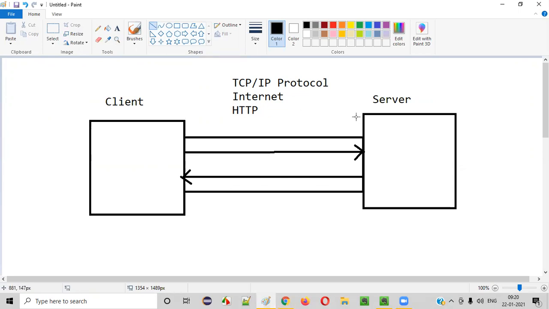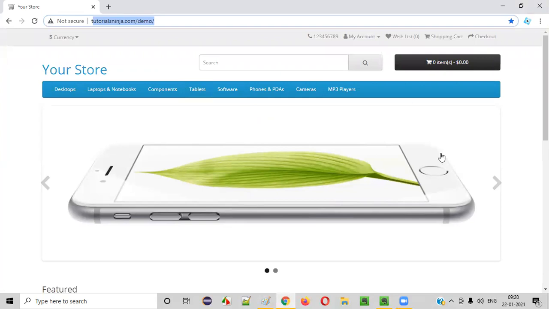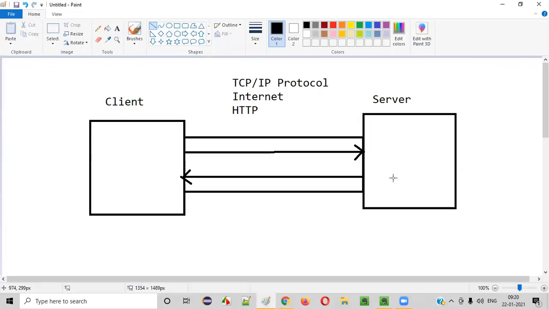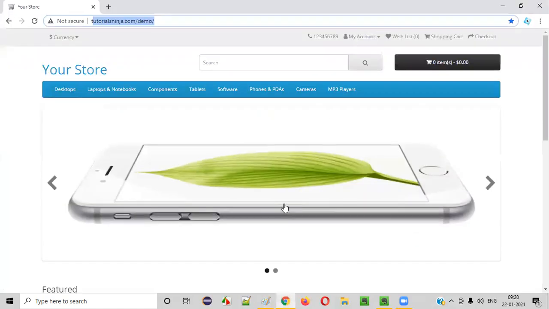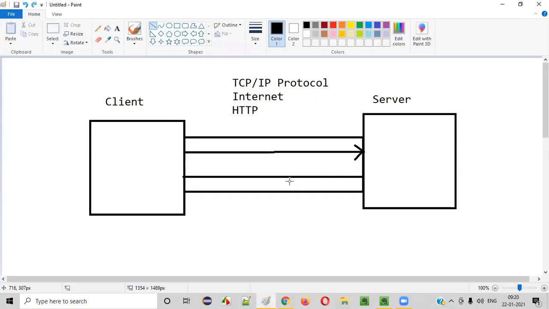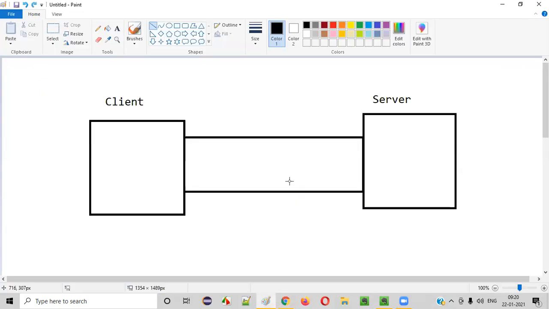Now once this particular connection is established and you are able to see this page, once this particular page is displayed, this connection will be deleted. Once the requests and responses are done between the client and server, this connection will be deleted, guys. Now the server doesn't remember this connection. Once the handshaking happens between the client and server, there is no more connection, guys. The exchange is done and there is no connection between the client and server.